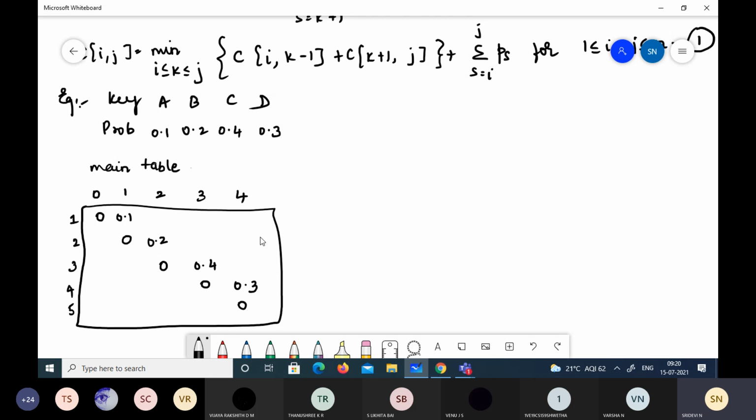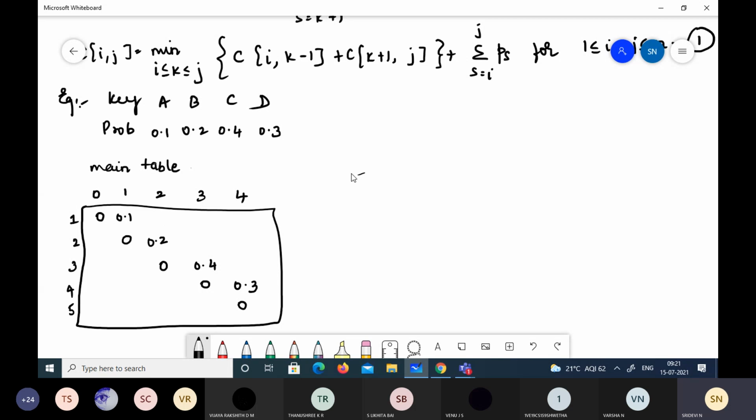Now we have to fill these, and this will give you the cost of the optimal binary search tree. In the root table, we'll find out which is the root for each particular tree, so that we can construct the tree which gives this optimal value. So what is it that we have to compute? We have to compute C of 1, 2.